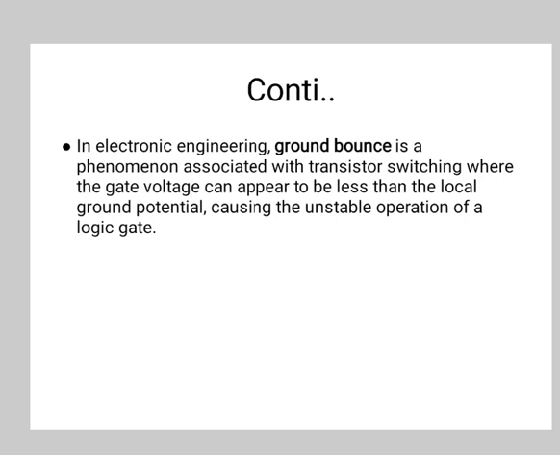To change the output from high to low, current must flow to discharge the load capacitance, and this current as it changes causes a voltage to be generated across the inductance in the circuit. So the formula is V equal to L times delta I by delta T. This induced voltage creates what is known as ground bounce because the inductor is between the external system ground and the internal device ground.